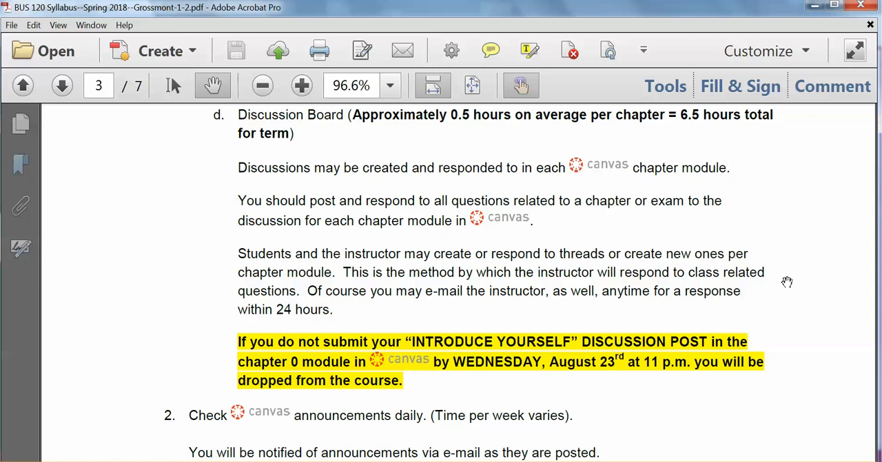Anyone can create or respond to threads, and it's really meant to take the place of the contact that we would normally have by meeting face-to-face each week. The discussion board is probably one of the better ways that we accomplish that. Remember from the class orientation video,